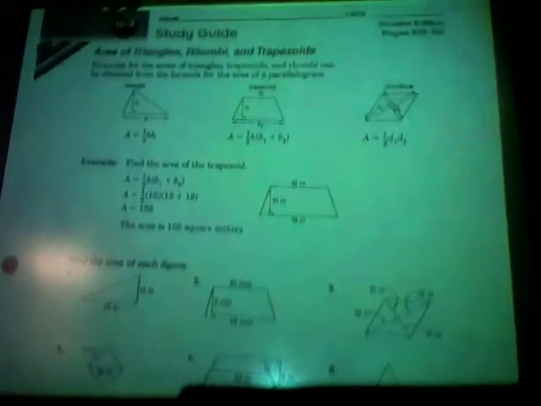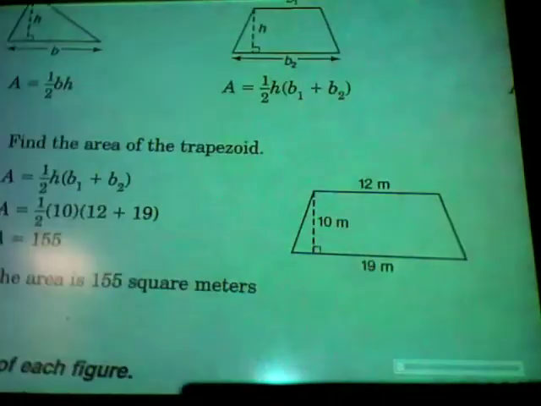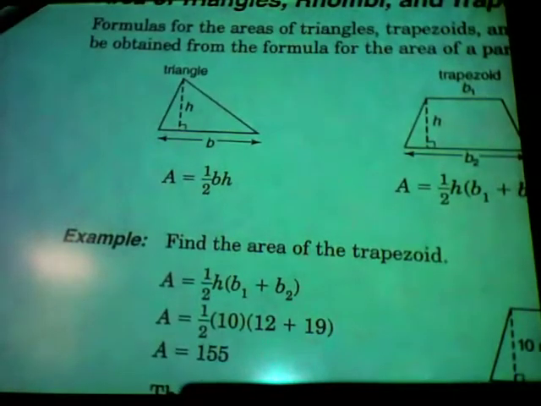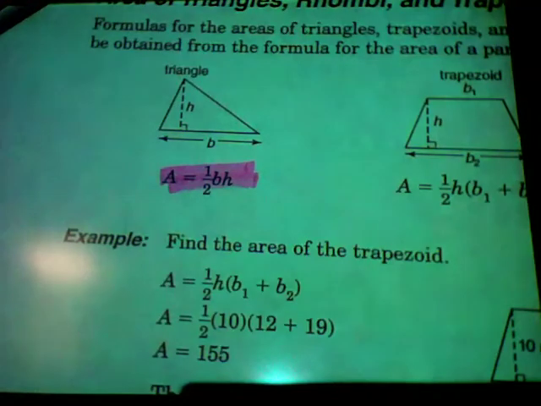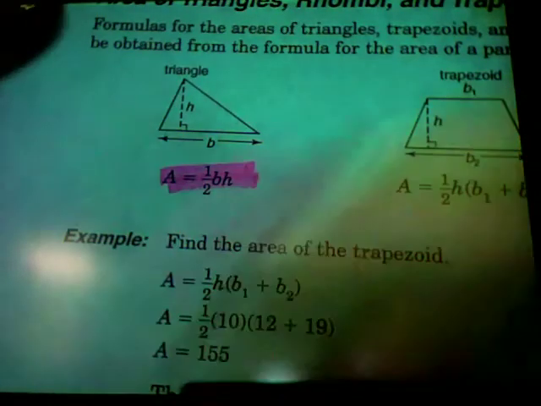All right, so in 10-4, we're going to be working with triangles, rhombus, and trapezoids. So you got 3 of them this time instead of just 1. And here are your formulas. Here's your formula you all should know for your triangle. Your triangle formula is what it is because it's derived from, as I told you the other day, the formula